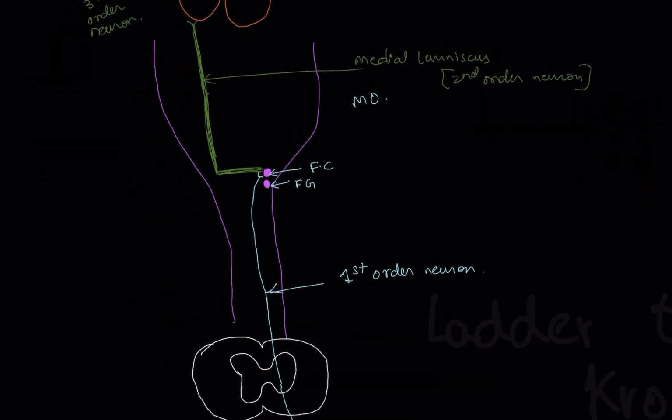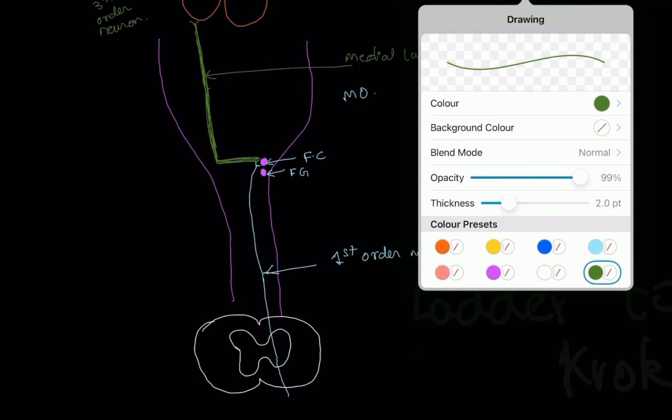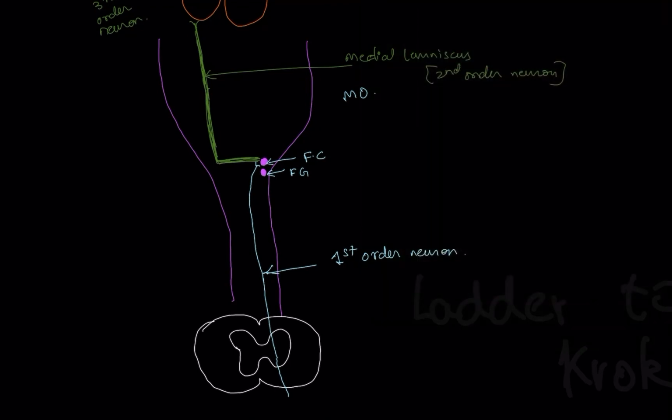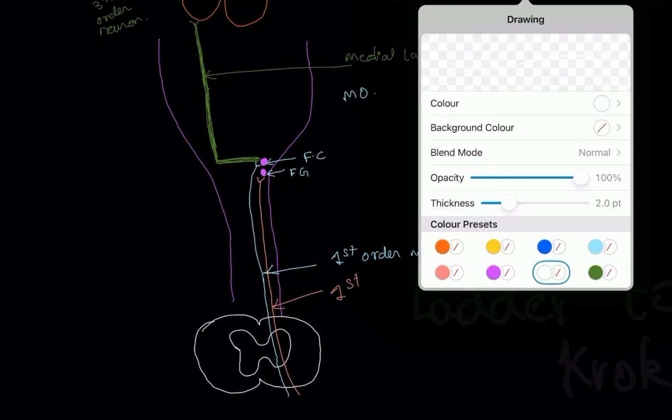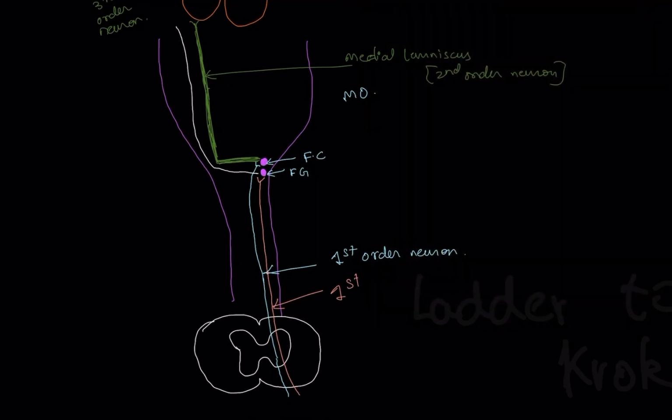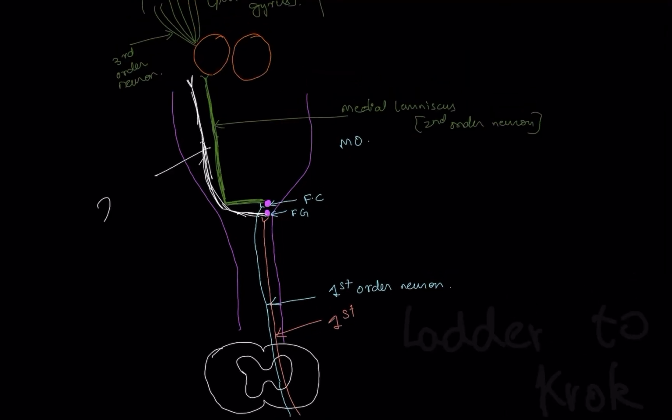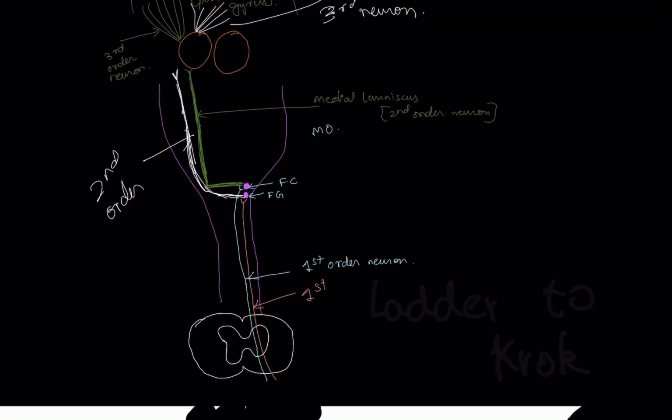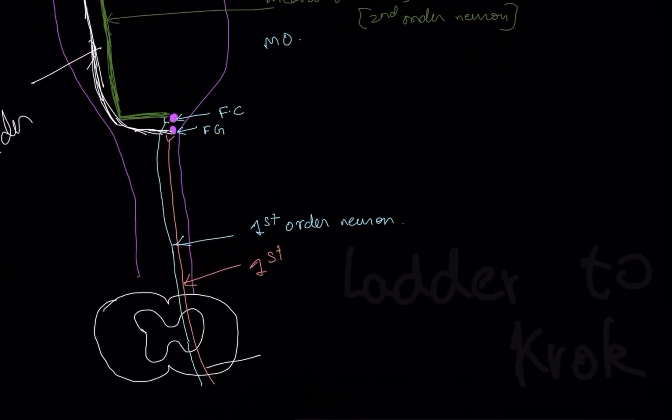Now let's do the same with the fasciculus gracilis. That will take the lower limb sensation. So lower limb sensation comes and synapses with the fasciculus gracilis. Same, first order. Then from the fasciculus it will be taken up in a bundle, which is again termed the medial lemniscus. This is second order. Then from the thalamus they will be spread through the postcentral gyrus. This is the third order neuron. Understood? Remember it.